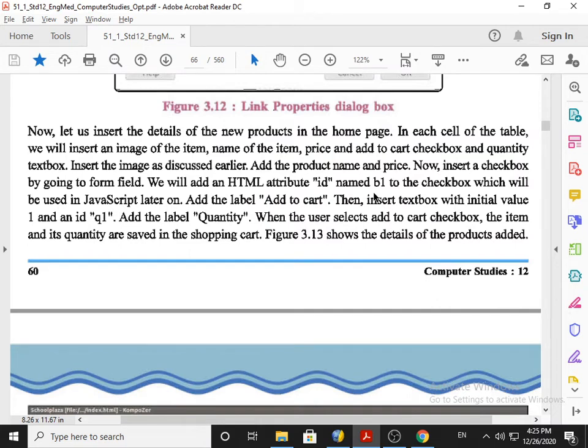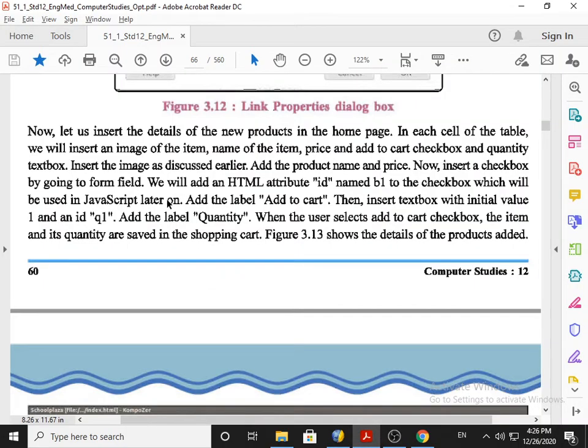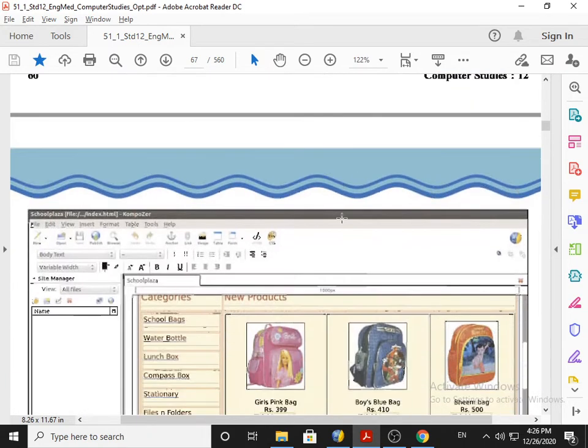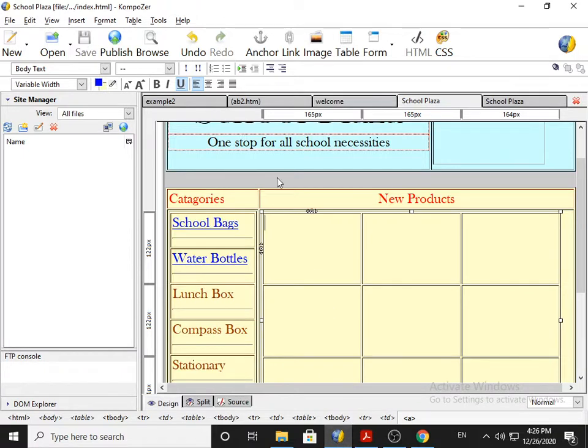Now students, this is the most important paragraph, because on the basis of this paragraph we have the next 3 topics. I repeat, on the basis of this paragraph we have 3 topics. So my request to you is kindly remember each and every part of this particular paragraph. What they say is we need to insert the image like this. There are 3 images. So we will add the first 3 images.